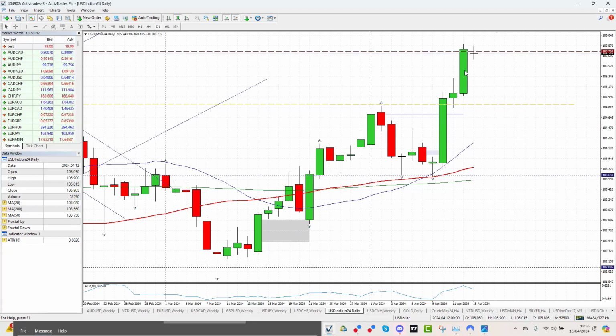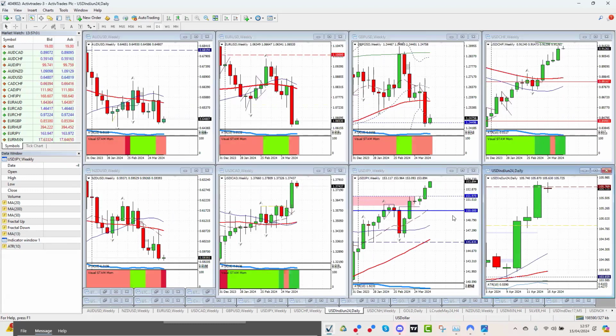And I think people are now coming to the conclusion that the cuts from the Federal Reserve will not be as fast as they may well be for the Bank of England and ECB, and hence why we'll see euro dollar fall. We've seen sterling dollar fall, and also why we're seeing that dollar strength there. So that's the nature of the game at the moment.